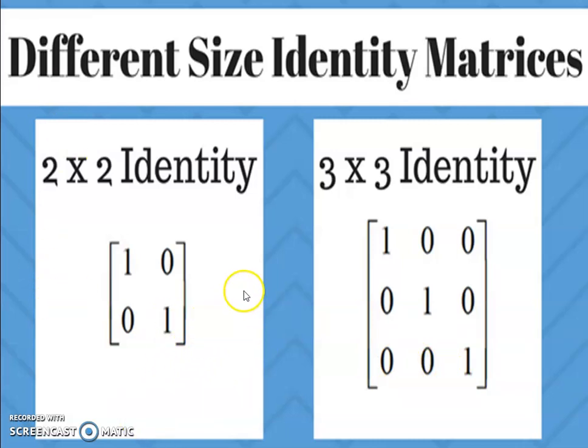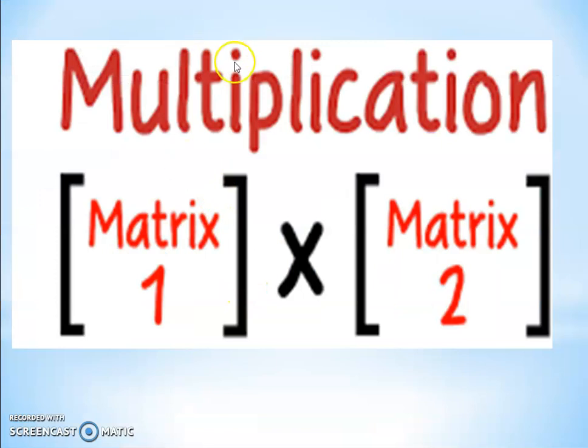Now let us take a very basic topic, that is, multiplication of matrix 1 with matrix 2, whether it is possible. In the previous lecture we studied the addition of two matrices of the same order, the subtraction of two matrices of the same order, and scalar multiplication for matrices of different orders. Now multiplication is totally based on the order of the first matrix and the second matrix. So we have to check whether it is possible or not.